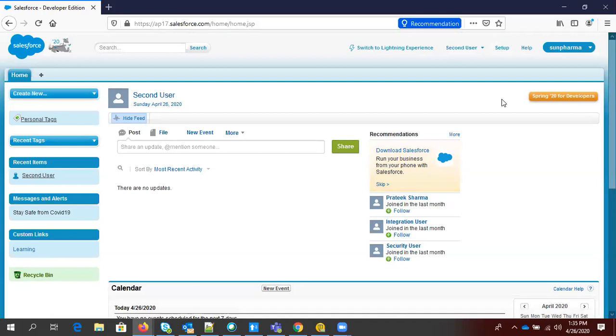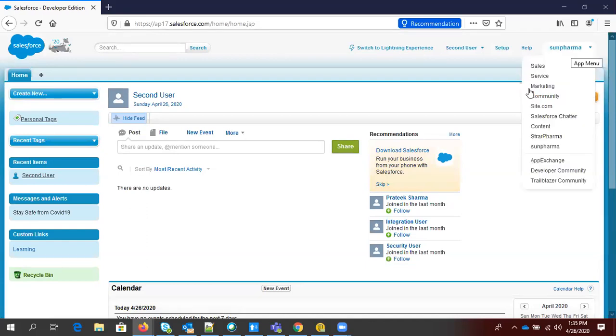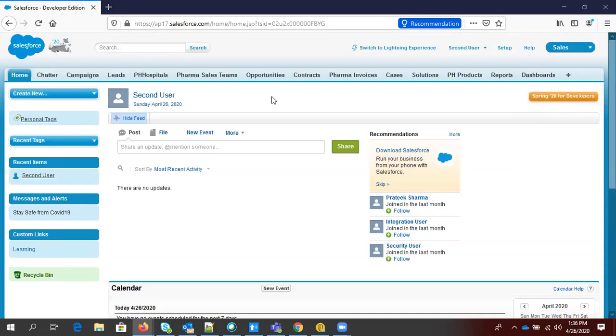So now we are logged in with this profile, right? You can see all the apps are accessible by this user. If I access this sales app, it is able to access all the tabs, because we have not customized these tabs for this user. We have customized these tabs for the other user, the system admin user, right?